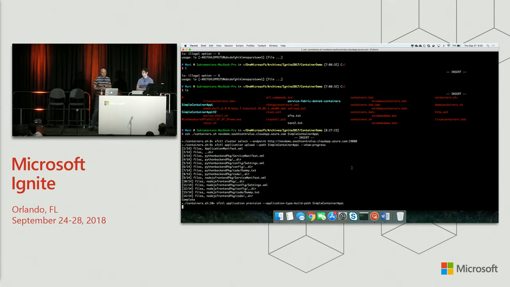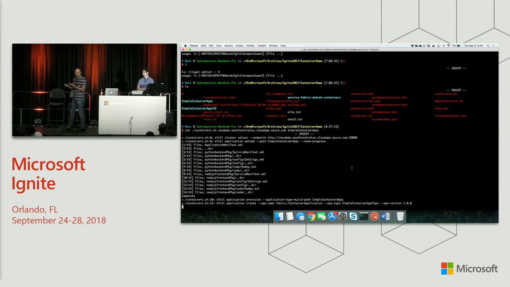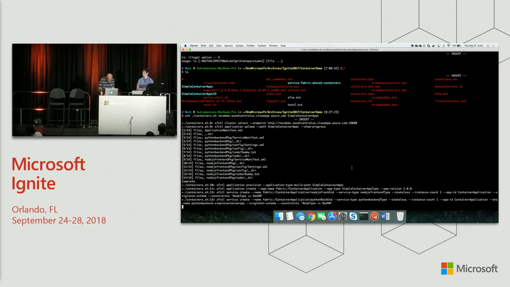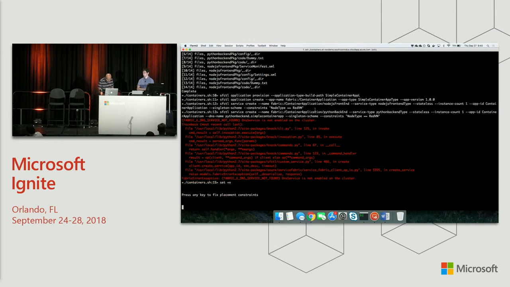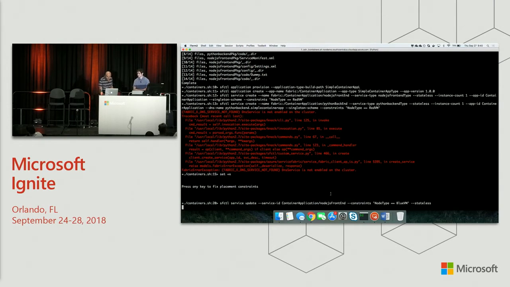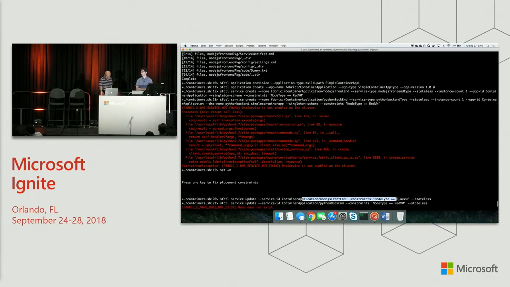And what it's going to do is provisioning the image, which is registering it with the runtime, then starting the application. So it'll come up in a minute or two. And what I wanted to showcase here is, as it comes up, so I did run into some issue, but let's keep going. So one of the things I wanted to show here is, there is this thing called constraints